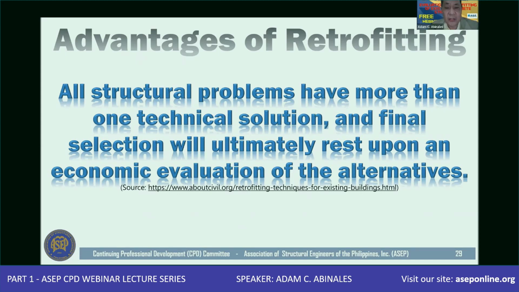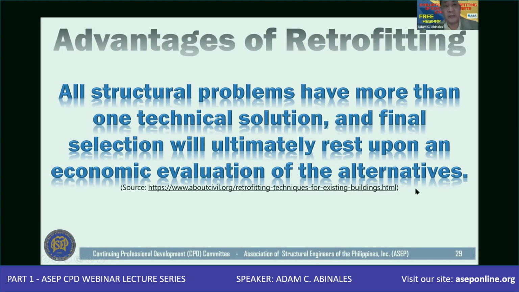And final selection will ultimately rest upon an economic evaluation of the alternatives. If you are doing a detailed evaluation of an existing structure, and eventually you will be doing a retrofitting, this is one important aspect that you have to consider: the economic evaluation